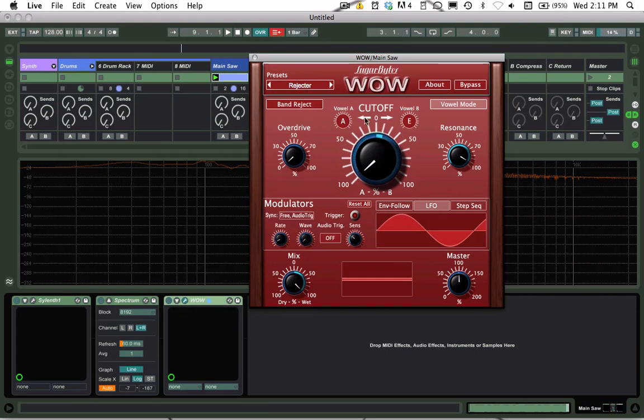But I've really found that the rejector preset, or variations of the rejector preset, because I tweak some of these, I think I changed the vowel sounds. I might have messed with the LFO amount and rate. By the way, for changing the amount, here you can see that it's going all the way between the two. If you right click on the dial itself,